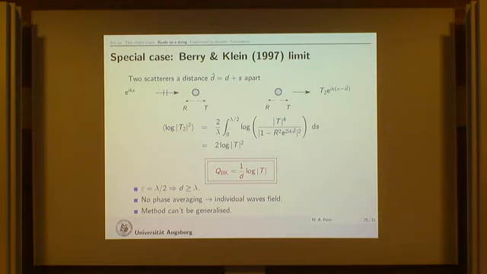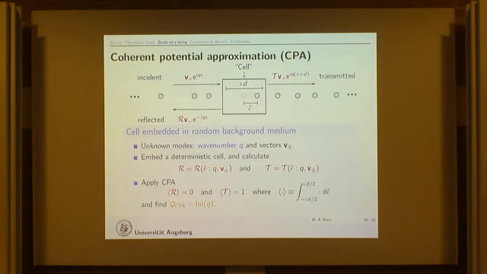What I have to be careful though is that this randomness has to be large enough, otherwise this averaging wouldn't have been allowed. Okay, so in particular, this implies that I have some constraint on the distance and the wavelength. If I don't do any phase averaging, I just get individual wave fields. And the point is that this computation on paper is made for this specific thing. I can be a bit smarter in the sense that if the problem becomes more complicated, I can do the following. One thing that people like to do is this potential approximation,